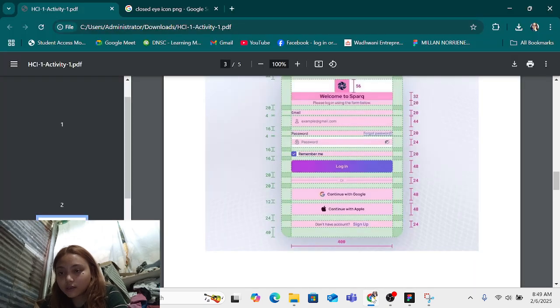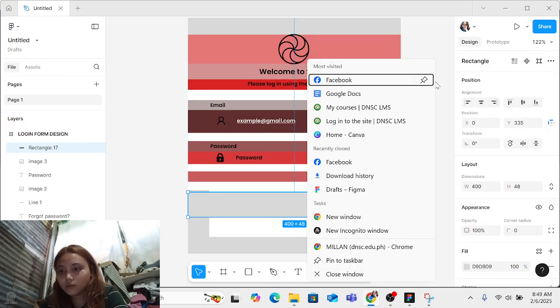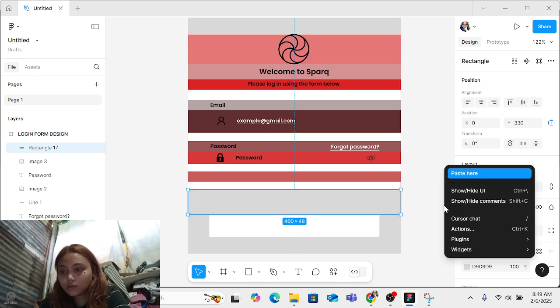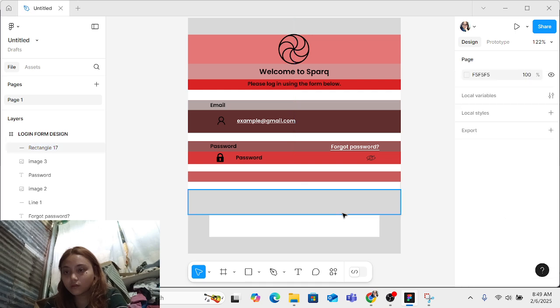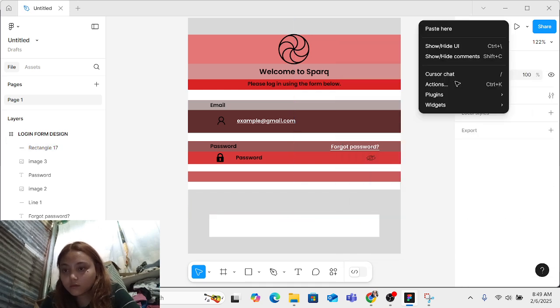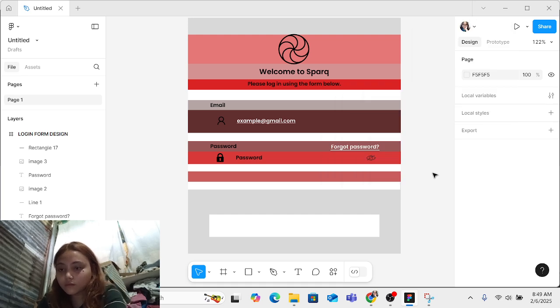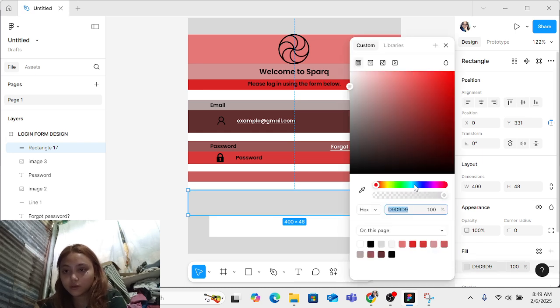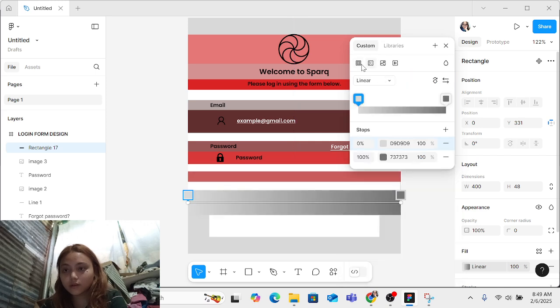Wait, let's check. 48. Okay. So 48, let's change the color so we know the color is later.